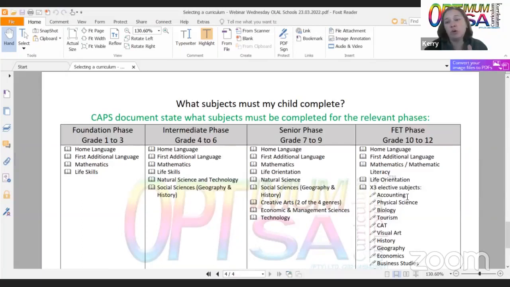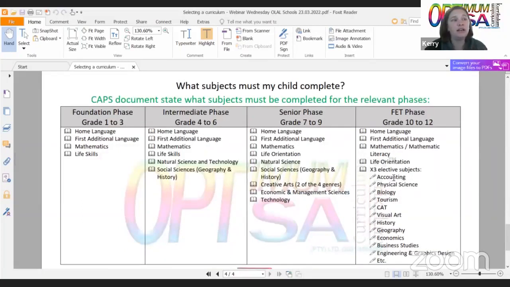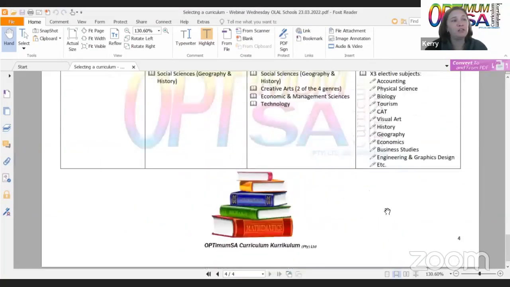But then you get the option of your subjects like accounting, physics, biology, tourism, computers, visual art. I think there's like 24 to choose from, or 21 to choose from. I ran out of space to put more. So,